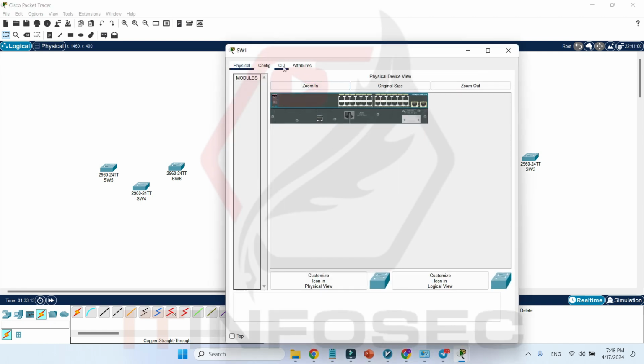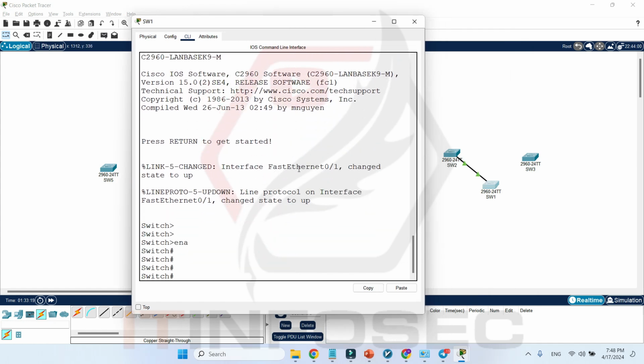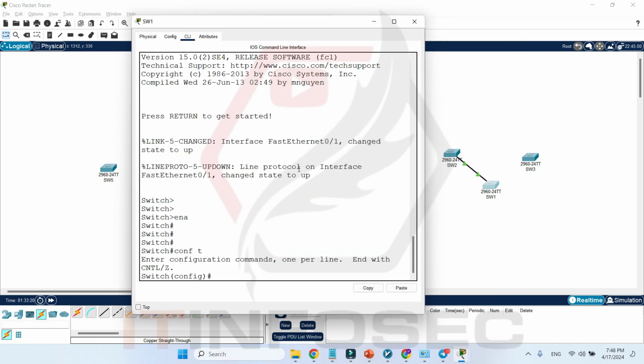So, before making the connection, let me first configure some items. Hostname